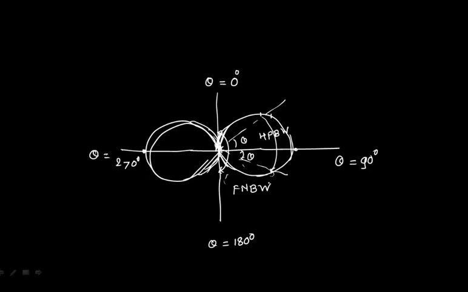So if your function is sine theta, if I'm putting e theta is equal to sine theta, I can say my half power beam width will be say 90 degree and my first null beam width will be the 180 degree. ठीक है. The same will be in the case of cos theta also, but your radiation pattern will be exactly opposite of this one. Maximas here and here, so where you will get a minimas at a 0 is theta is equal to 90 degree and 270 degree. ठीक है, so this is the